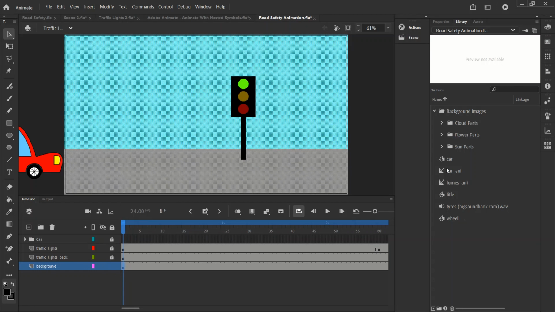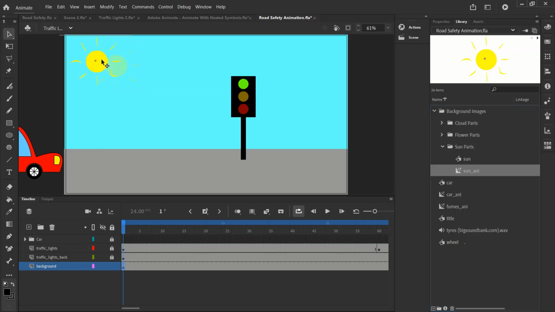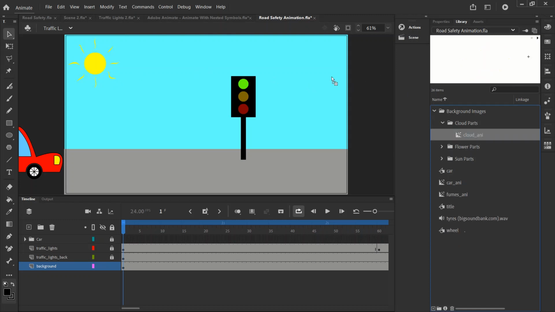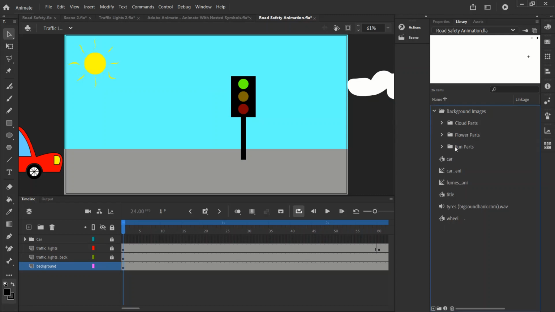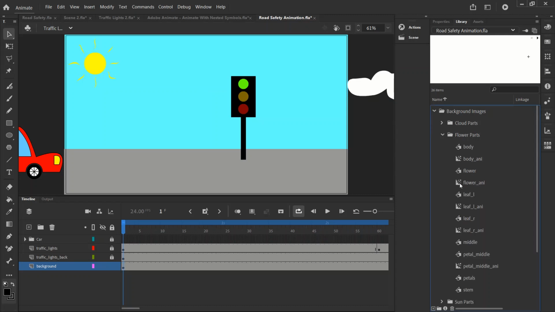So frame 1 of the background layer, I'm going to go into the background images folder, into the sun parts folder, and get in that sun animation. And let's put it in the top left corner. Okay, now let's get the clouds animation, the cloud part, and bring it in. Now we're going to make this cloud start off to the right, and it's going to move across the stage. And then I'm going to go into my flower parts and bring in the flower animation